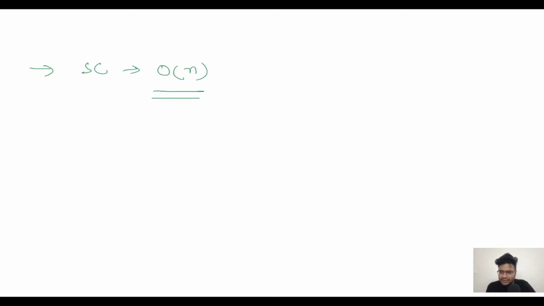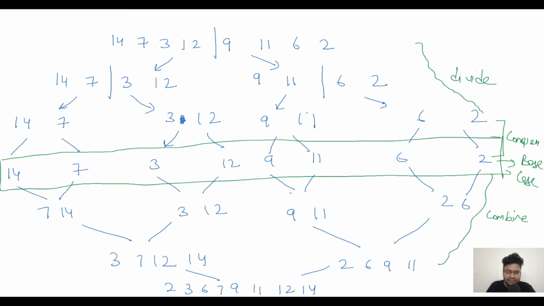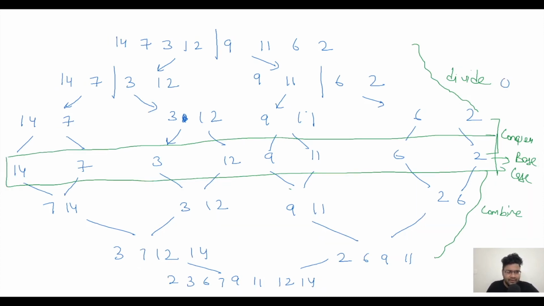Now let us look at the time complexity for this. What is the time complexity for the divide part here? The time complexity for the divide part will be O of 1 only, right? Because we are just dividing into two parts. We are doing nothing at all. So this will be O of 1. What is the combine time complexity? This will be O of n, right? Because when we merge two different arrays, we have to go through the entire array. This will be O of n.